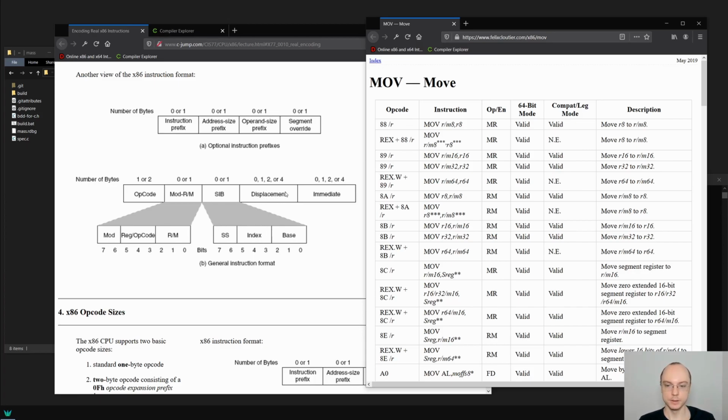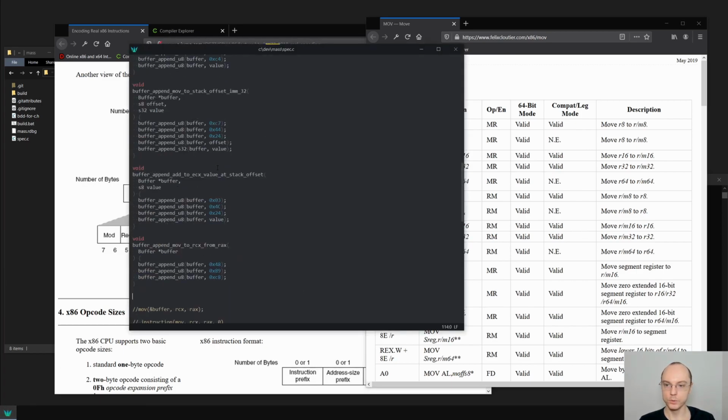Displacement is necessary when we're dealing with memory. So once we get to encoding one of those instructions that has to deal, for example, with stack, like what we did last time, we will have to care about displacement, but for now it will be 0 for the instruction that I chose to start with. And immediate is, for us, also 0, but what it is if we look at our code,